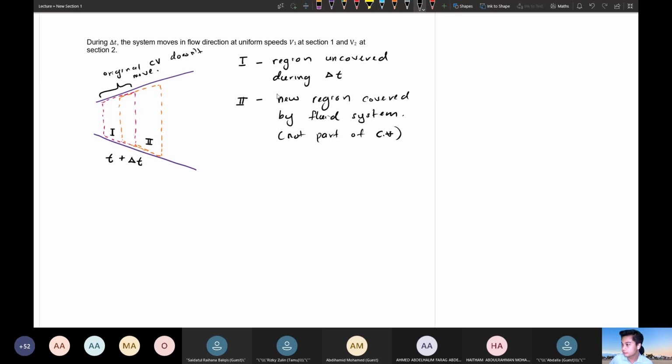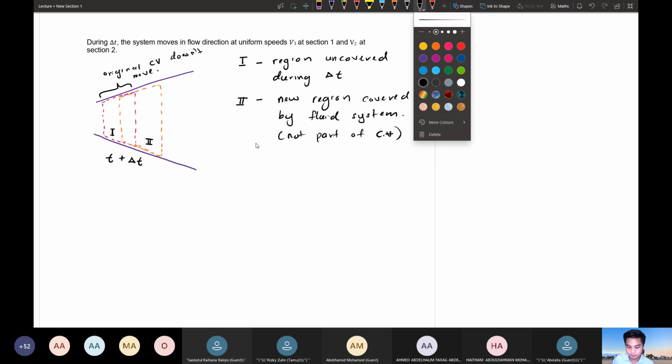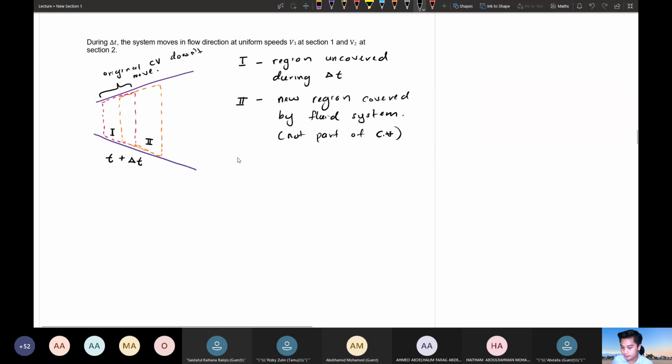Okay, so from here, at t plus delta t, the system has